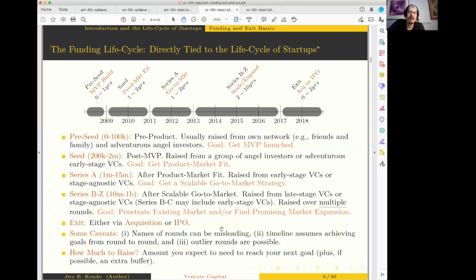If we look 15 or 20 years ago, there was no such thing as a pre-seed. What people call a pre-seed now used to be called a seed, and what used to be called a seed used to be called a Series A. The world has changed a bit in that regard, mainly because of the rise of angel investing, right? These are just little things that are useful to be aware of. But in terms of current market conditions, this is pretty representative, okay?